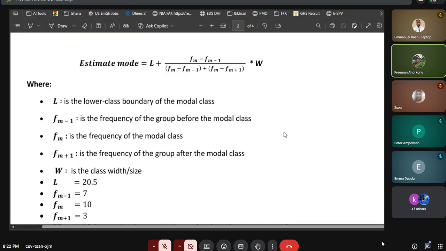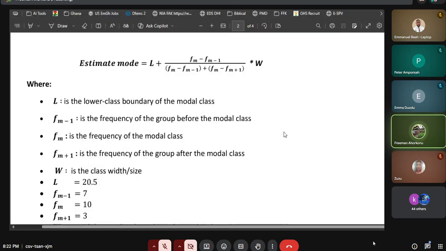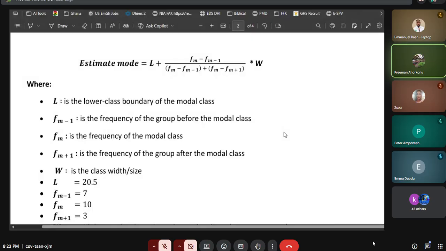Look at it. The numerator, F sub m minus F sub m minus 1, is the same thing as the left-hand side in the denominator, F sub m minus F sub m minus 1. Then plus. When you bring the plus, it's the same F sub m, but the second one will be m plus 1. That is how you learn. When you analyze the formula very well, you will see there is a very simple way of memorizing it. We have formulas that are longer and more clumsy than this. But the good news is that all things being equal, if nothing goes wrong,